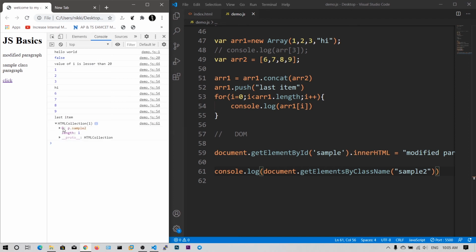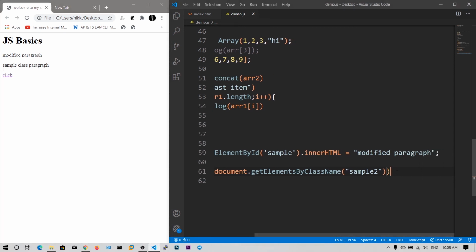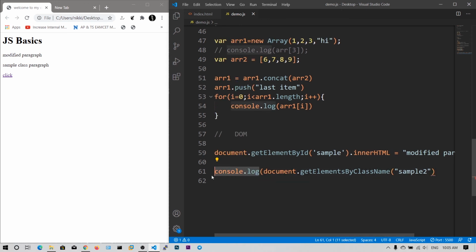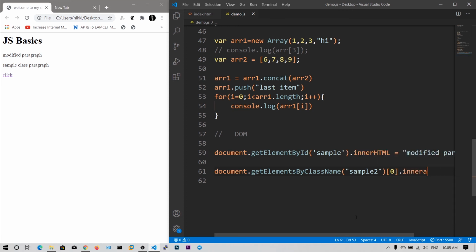In the collection the 0 index is p.sample2, that is the paragraph with class sample2. To access this HTML collection, it is like an array, you can access using the square brackets, and the first element is 0, that is the paragraph.sample2.